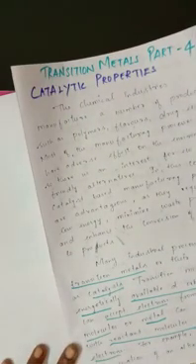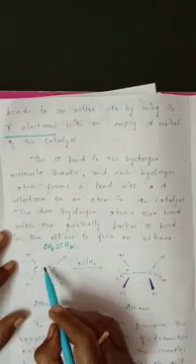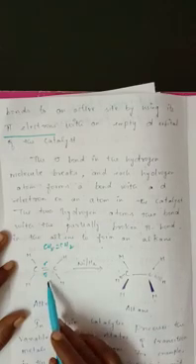Now we can see one example for this, the catalytic hydrogenation of alkene. See here, the bond forms at the active site using the pi electrons with the empty d orbitals of the catalyst. This is an alkene, CH2 double bond CH2, right? We can write it in this form. This is the sigma bond, this is the pi bond, right? The hydrogen is added, and what is the catalyst used here? Hydrogenation means what?